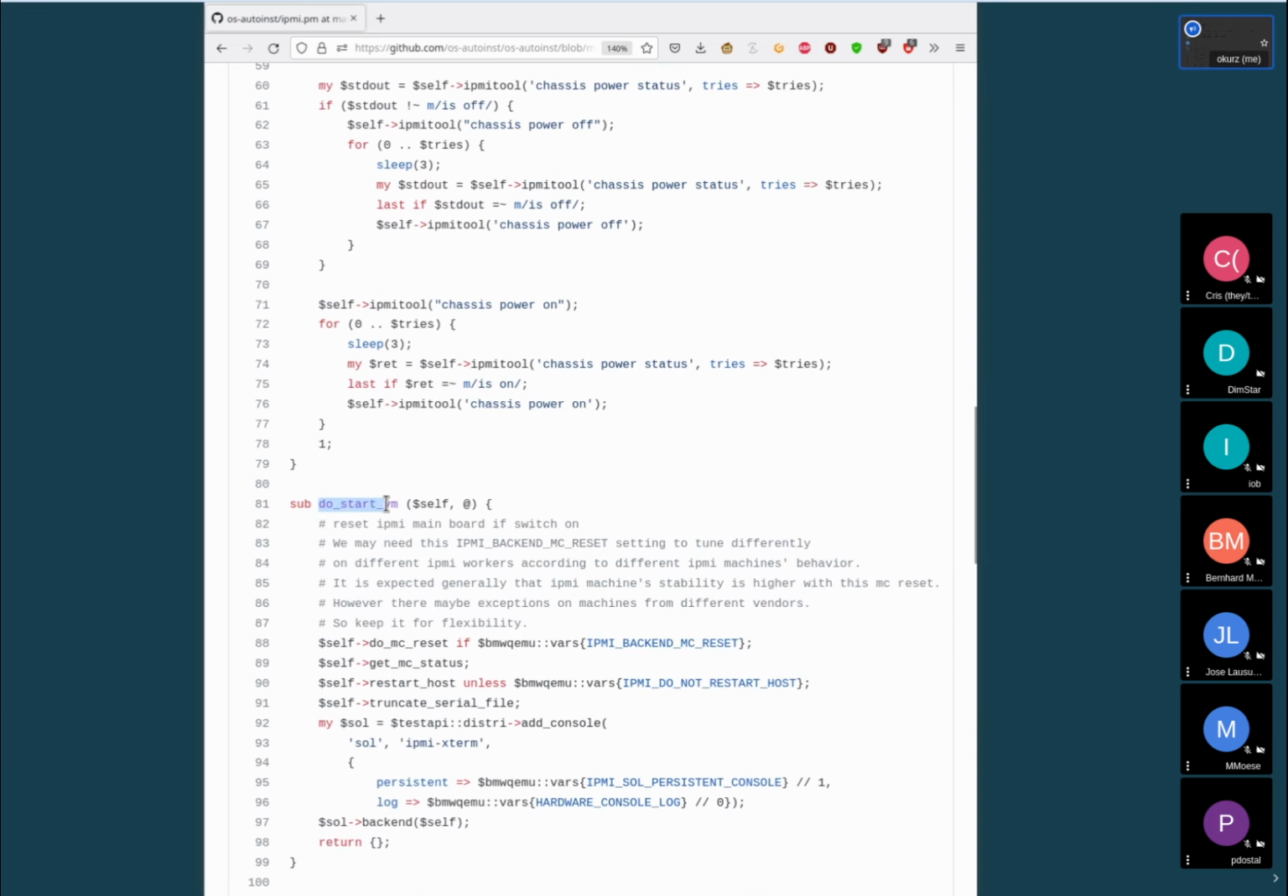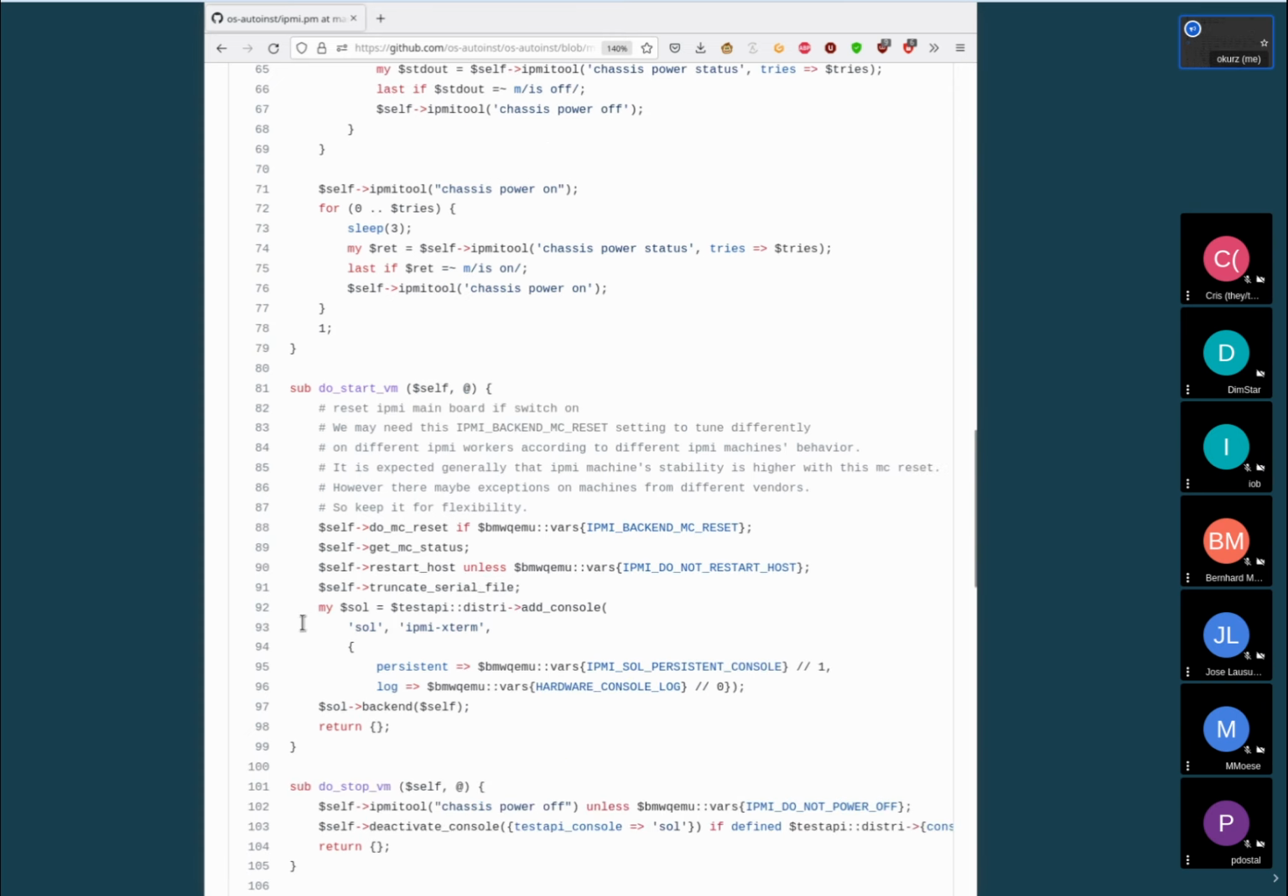Then there's do start VM. So this is an actual implementation of one of these backend API functions. So every backend needs to have an implementation. So what it says, it's reset ipmi mainboard if switch on. So what we do here is we reset the component which is actually used for the remote control. Okay, so we are asking over ipmi this